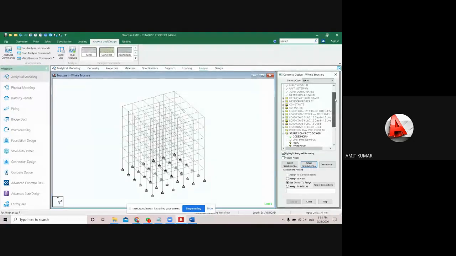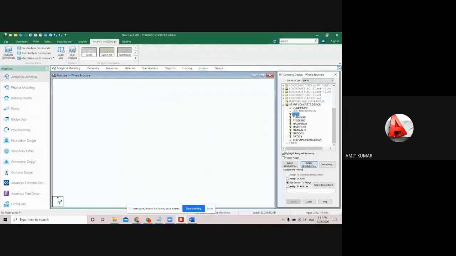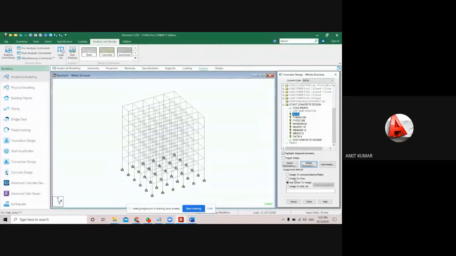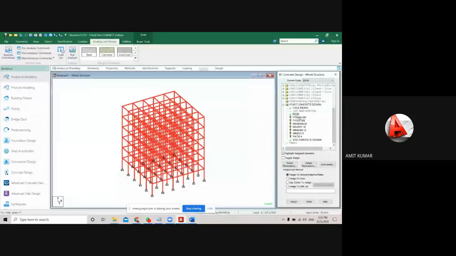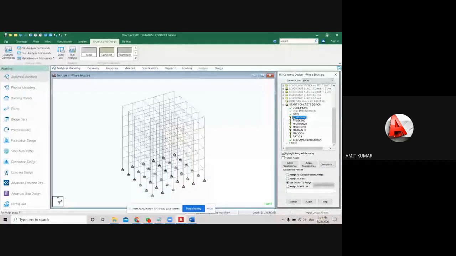Now apply all these values, that means you have to assign all these values. Just click on assign to view and assign, because compressive strength will be applied on the complete structure. Maximum size of main reinforcement will be applied, FY main, sorry, it is the yield strength of the steel. That means steel will be in the beam and column, so I have to use the assign to view option again.